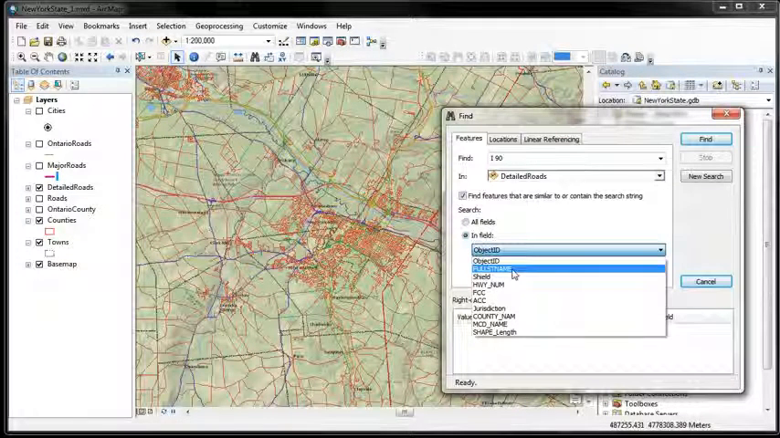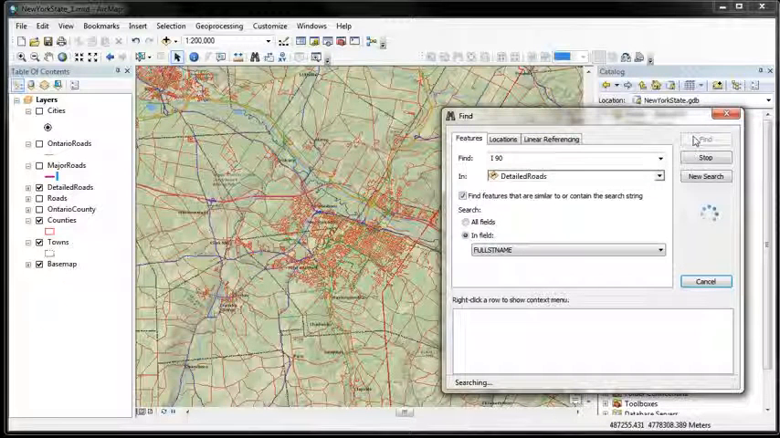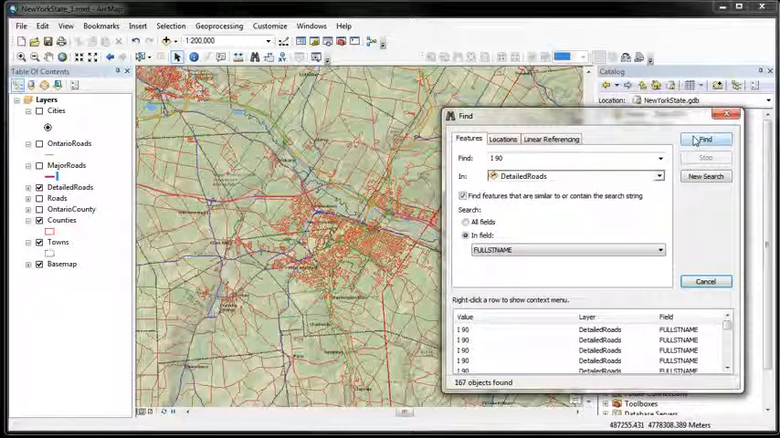So it's going to be in the full name, and this will help it run a little faster. So then we just hit find. It will go down through that field looking for I-90, and then all the options will be given down below,